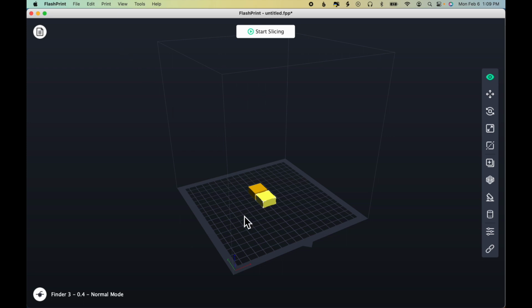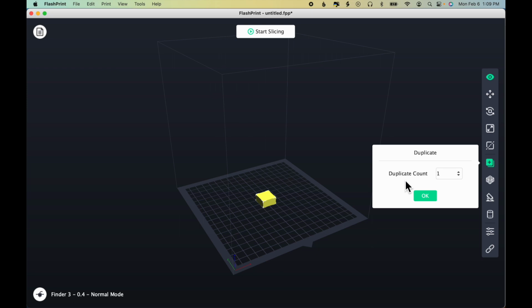If I click it, you can see it adds a second model. Now if I undo that, I'll mention that one of the icons on the right-hand side is duplicate as well. So if I click duplicate, the duplicate count is not the total number of objects that you want, it's the number of additional objects that you want. So if I leave that at 1 and click OK, it adds 1, but I have 2 total objects on